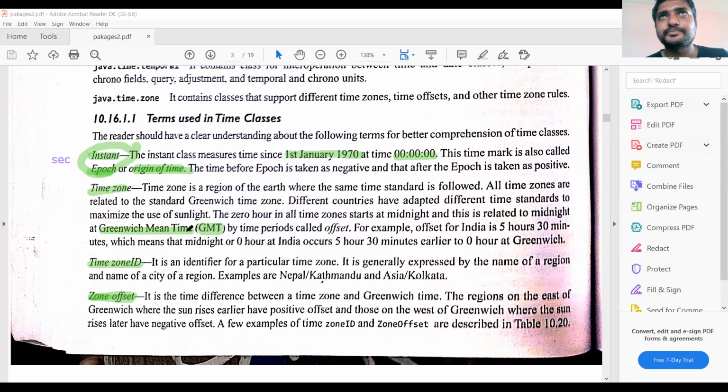Plus 5:30 means 5 hours 30 minutes ahead of the 0 hour, and minus 5:30 means 5 hours 30 minutes after the 0 hour. The 0 hour is the starting of the day, midnight 12 to 1. That time is known as 0 hour.